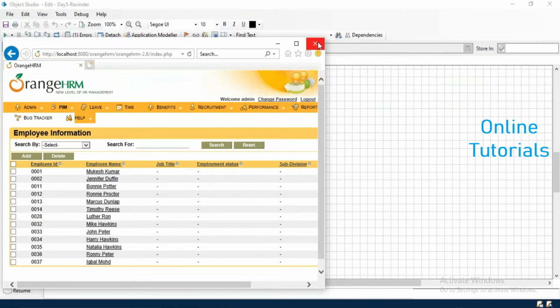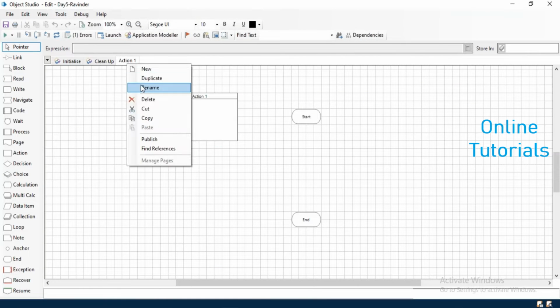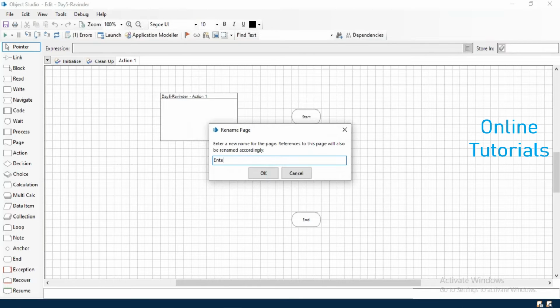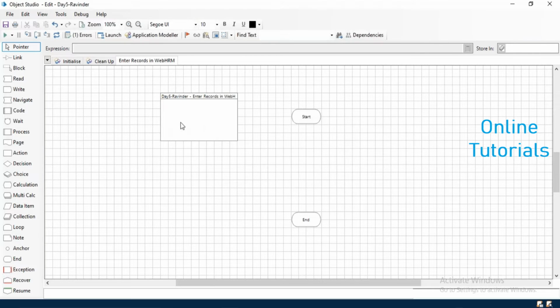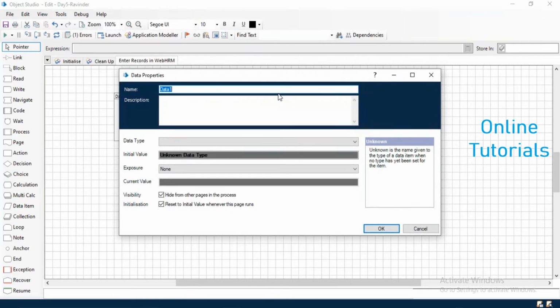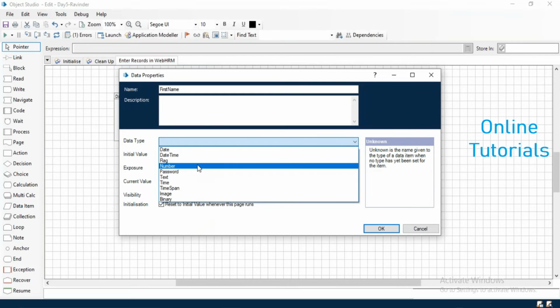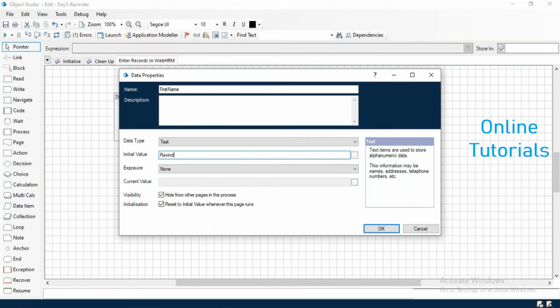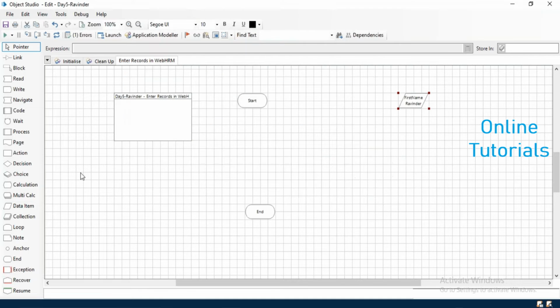Now close this page. Okay, so now here I say rename, enter records in web HR. So I'm just going to take the name which I have to enter into that web page. So I'm going to take a data item. I'm just passing the name through the data item. I say this is first name, for that is text, and I say first name is suppose Ravinder,